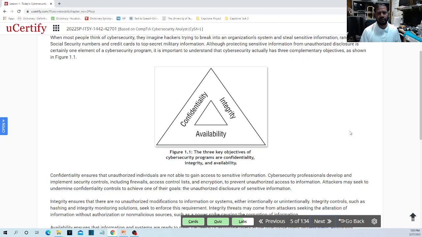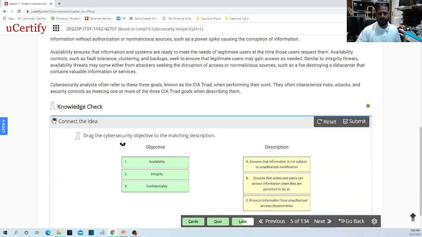That is called availability, meaning that data will not become unavailable at the time when authorized users are trying to access it, such as the network being down, the server being down, something going wrong, so that the authorized people, the genuine people, are not able to access the data. That should not be the case. Data must remain available. Okay, that is the CIA triad.